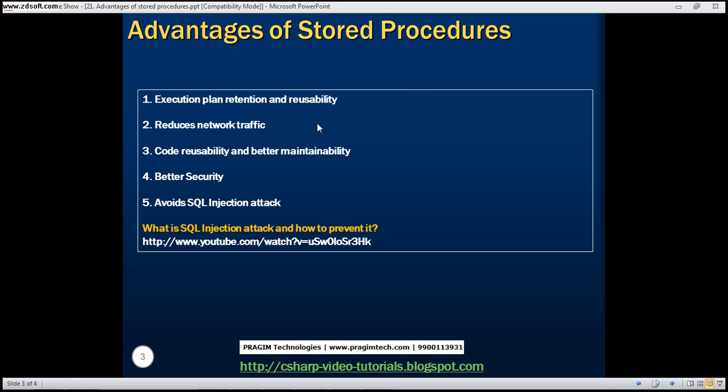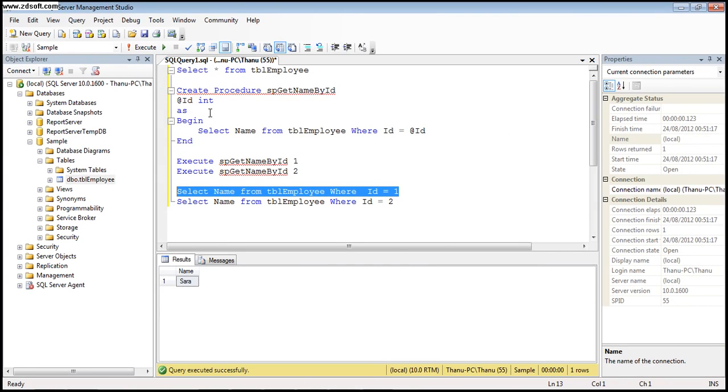Alright, another benefit from a performance standpoint that stored procedures have is they can reduce network traffic. Now, how can they reduce network traffic? Let's understand that. A stored procedure usually is something like this. We create the procedure, there is the body for the stored procedure, and in reality, stored procedures have quite a number of lines. I have seen stored procedures even with 3000 lines of code within them,